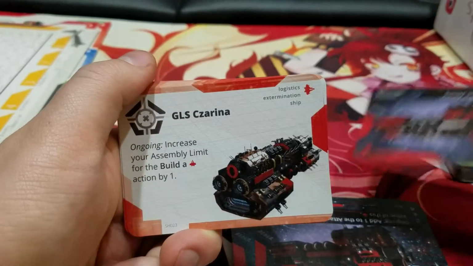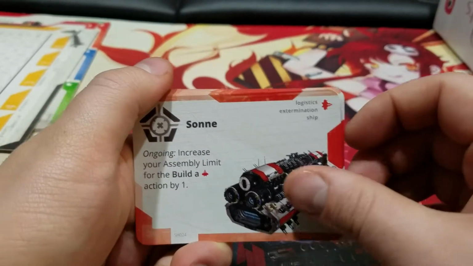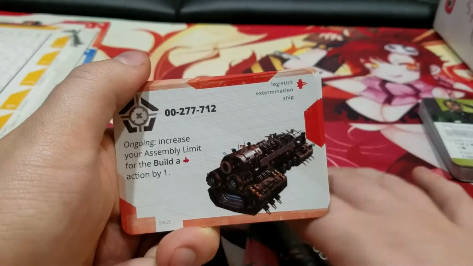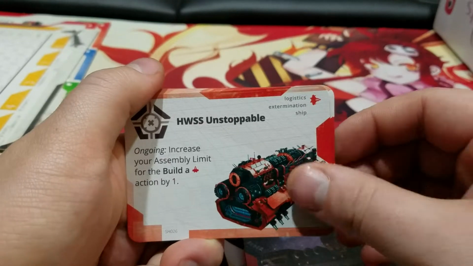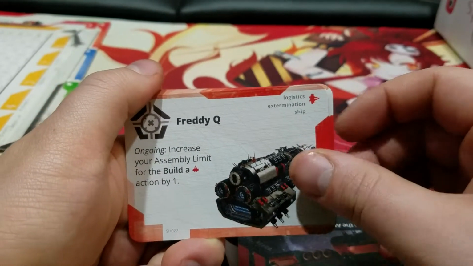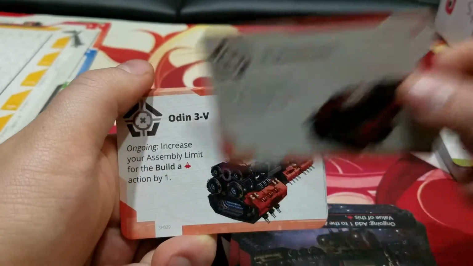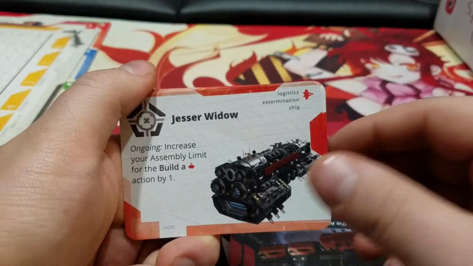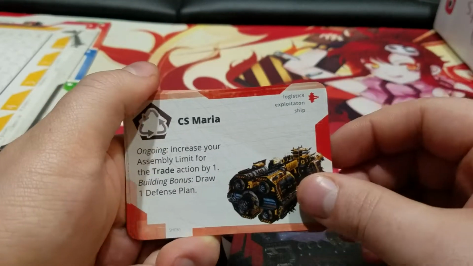GLS Bravery, GLS Zarina, Sunny, 00-277-712, HWSS Unstoppable. It's always bad news when you name it something like that. Freddy Q, SS Manticore, Odin 3-V, Jesser Widow, then we get even bigger, CS Maria,